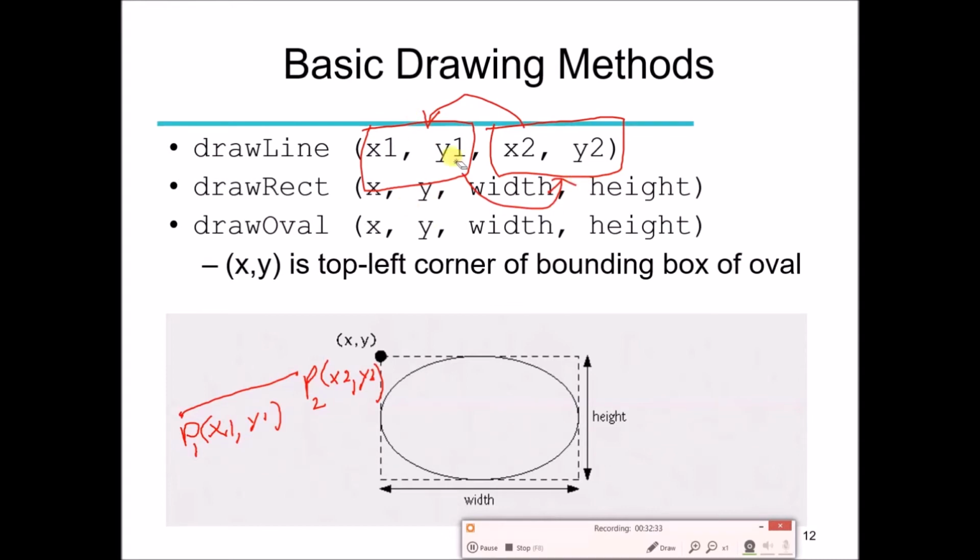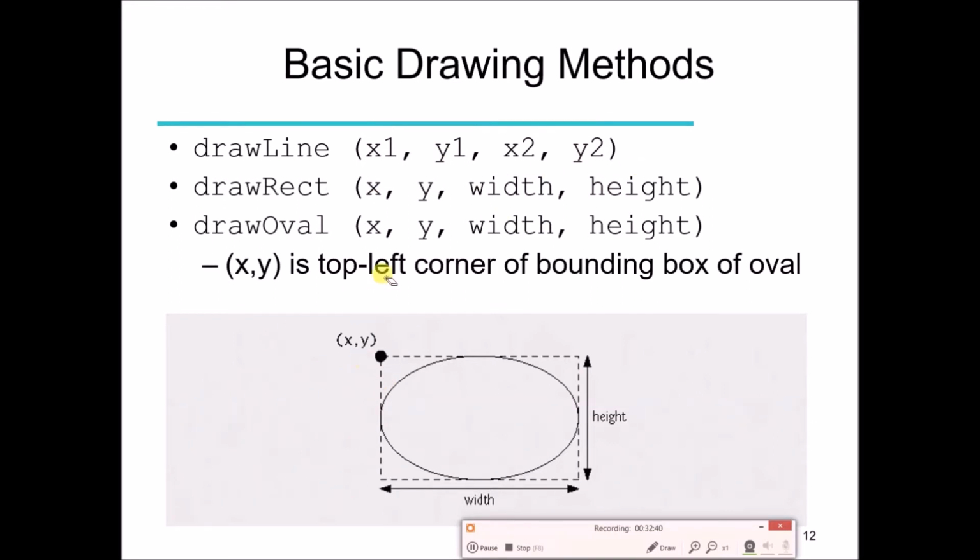Now let's talk about the second method, drawRect. As you know, when we are writing a program, we have to follow some convention and be consistent. So we write the method name in such a way that just by reading the method name, we will have an idea of what this method is going to do. For example, drawLine is going to draw the line. Similarly we have a method drawRect. So this method is going to draw the rect. Rect is an abbreviation of rectangle.